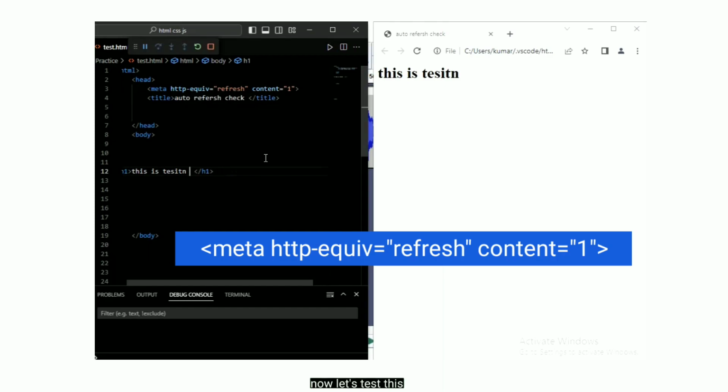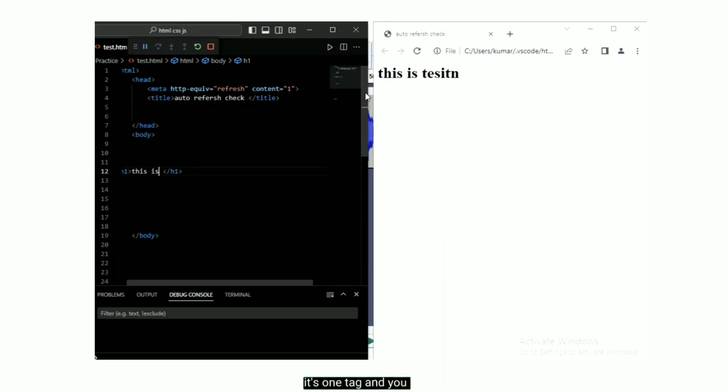Now let's test this. I'm changing in H1 tag, and you can see the changes are automatically getting reflected in